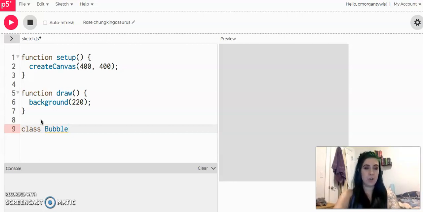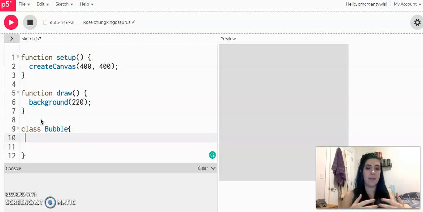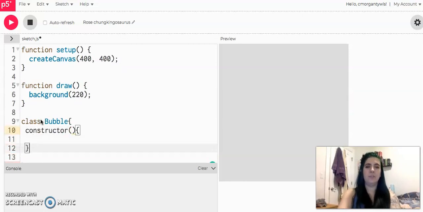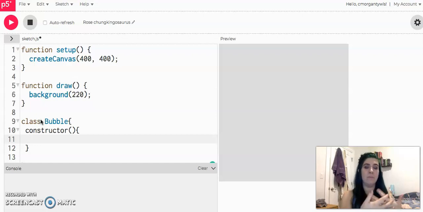My computer needs to know where my bubble class begins and ends, so that is a curly brace to start and a curly brace to end. And then inside of here is all the stuff that makes this class tick. And it always starts with a constructor. The constructor doesn't do anything, it just tells the computer what are the pieces I need to make this bubble